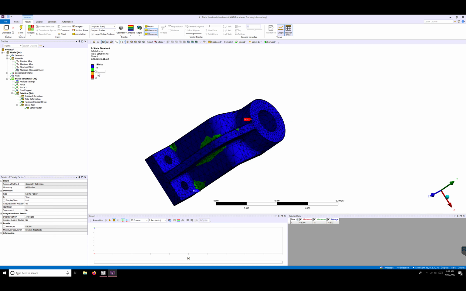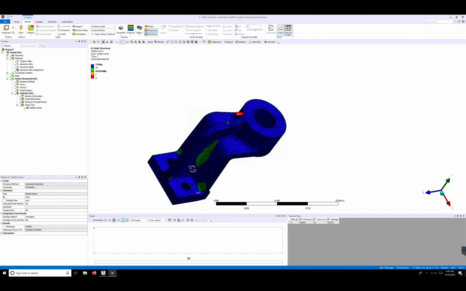We have a minimum factor of safety of 4.9, but if we look at these areas that are a little bit green, these would be areas of interest to improve our design if we had a larger load causing failure. So hopefully this was a good tutorial in terms of covering how to set up a bracket, applying two forces and a fixed support to it, and then being able to set up total deformation, maximum principal stress, the safety factor tool, as well as maximum and minimum to help you label things